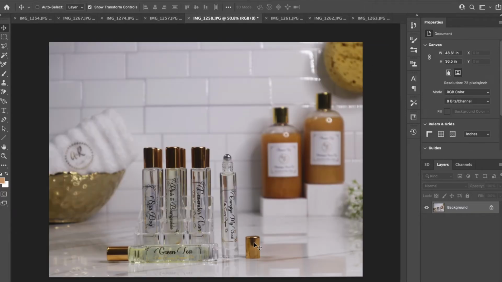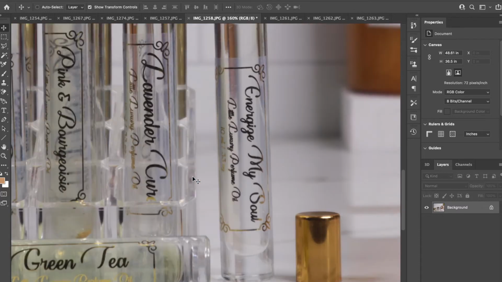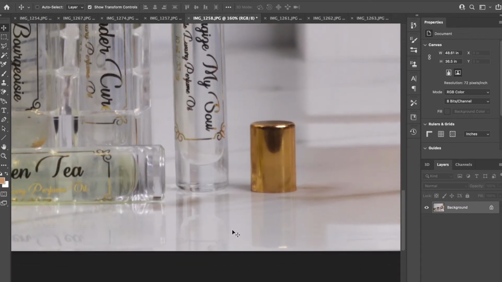Now, this is the one that I retook, and this one is the one that I actually use on my website. And here I'm just going to show you how to remove this little brown area, which is not an imperfection, but it's just like my shadow where I was standing. If you want to make the entire top of the bottle, or well, the bottle, have one cohesive look, all you have